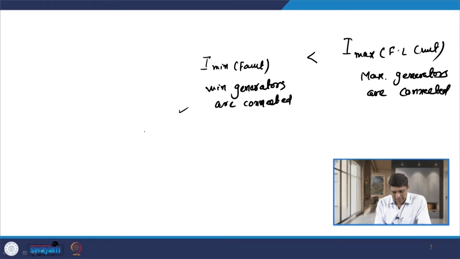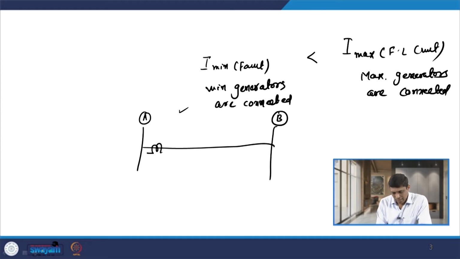Let us understand this with an example. Let us say we have one feeder connected between two buses A and B, and a relay R1 connected on this feeder. Say the full load current of this feeder is, let us assume, 90 ampere.